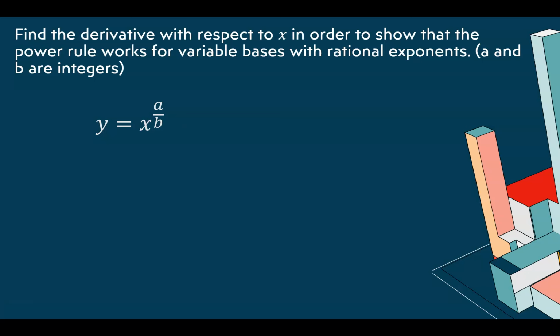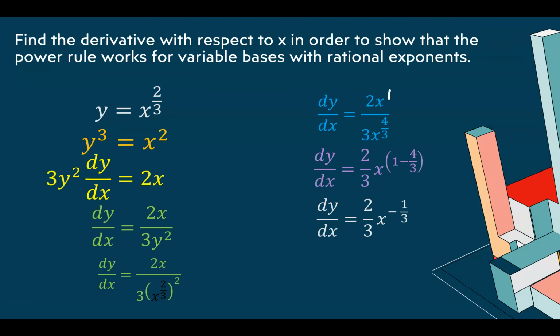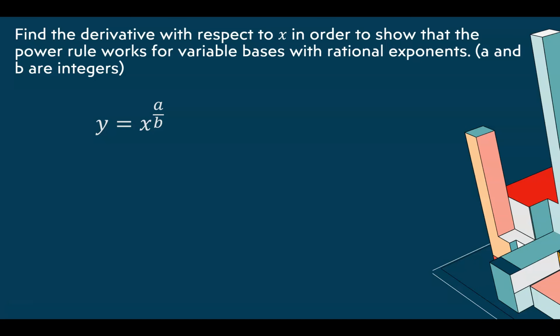Okay. So if we want to do that for anything, you could imagine if this was the 3/4 power, if this was the 5/7 power, we could basically do the same process. If this was 3/4, well, then we're going to have a 3 where the 2 is and a 4 over here, but kind of the same process. So let's go ahead and show that the power rule works for variable base and any